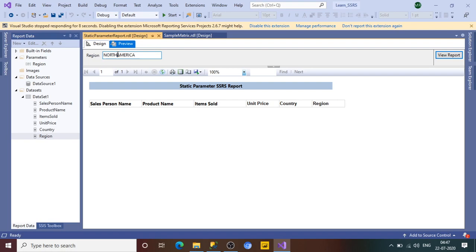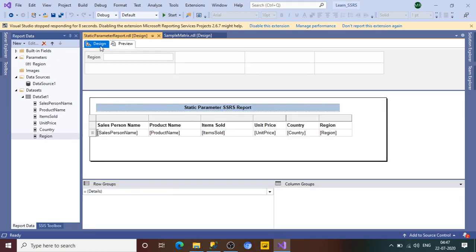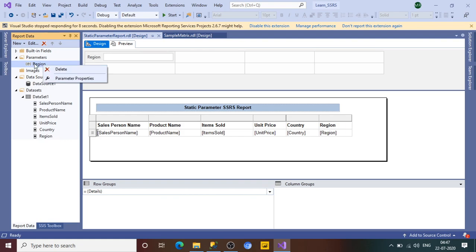So this is the drawback of using the static parameter, but we should know how we can create a static parameter report in SSRS. That is why we have given this demo here. So this way you can create it, and if you wanted to go to the design, now this is fine. And here if you wanted to go and check the properties of this parameter, so just right click here, go